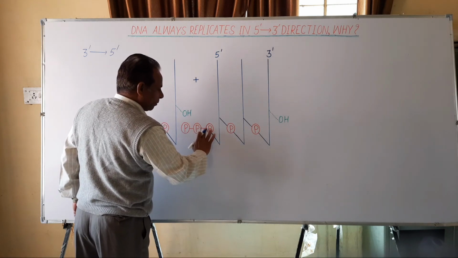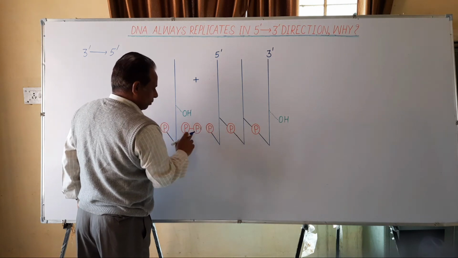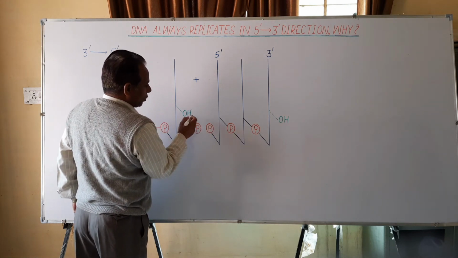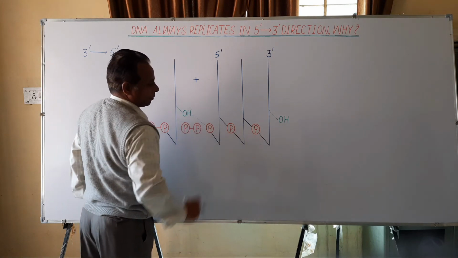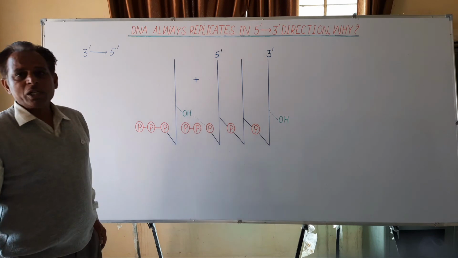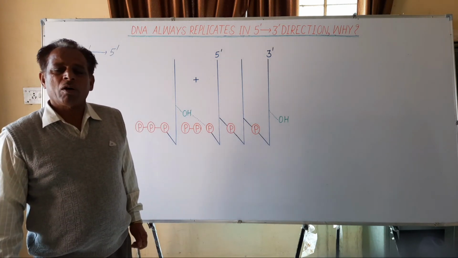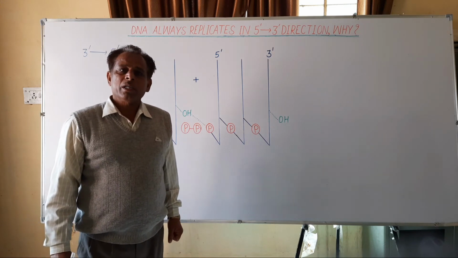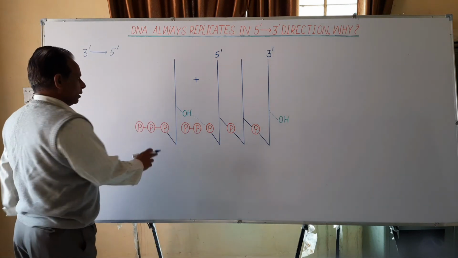In this reaction, two terminal phosphates are released as pyrophosphate, producing the energy required for the formation of the phosphodiester bond. In the process of replication, if a mistake occurs due to placing of a wrong or mismatched nucleoside triphosphate by